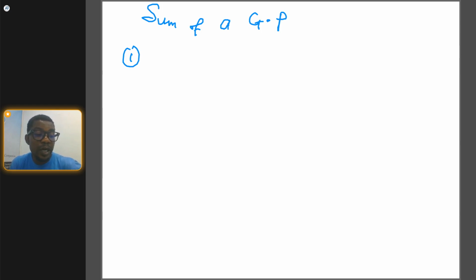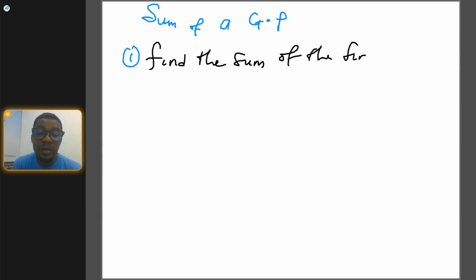We are asked to find the sum of a GP for the first 4 terms of a GP